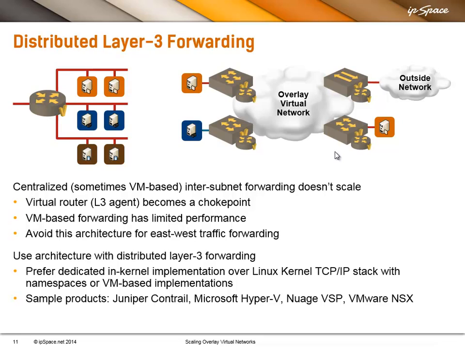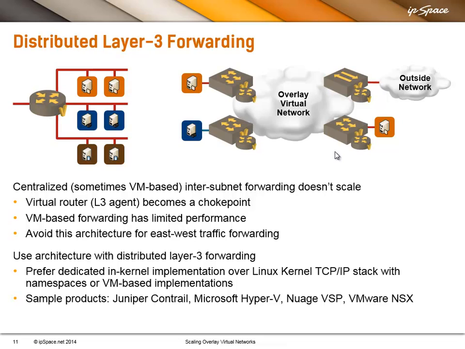Some popular cloud networking solutions, like OpenStack, at least till the recent release, or CloudStack, use layer 3 forwarding implemented in a VM, which is just a Linux virtual router with multiple interfaces connected to multiple virtual segments and doing IP forwarding between the segments. The VM-based forwarding has its own inherent performance limitations, and having a VM inserted between multiple segments obviously creates a